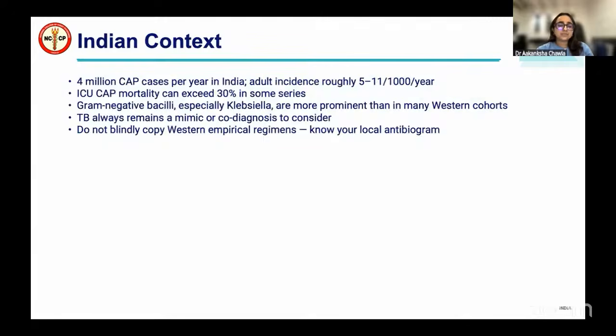When you look at the Indian context, about 4 million community-acquired pneumonia cases have been reported, and ICU CAP mortality exceeds 30%. Remember, when you're treating an infection in the chest of a patient, you must not forget the possibility of tuberculosis in our country. It can present as a mimic, as a co-diagnosis. So do not just blindly copy Western empirical regimens, and you need to know your local antibiogram because that is very important right from the time you decide the initial therapy and to understand what your patient is actually requiring